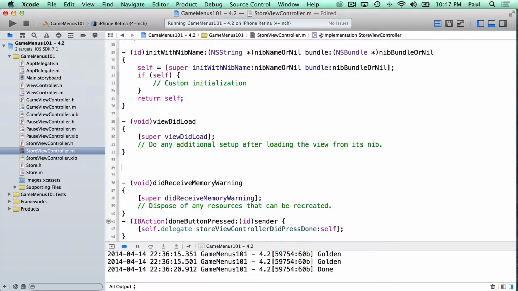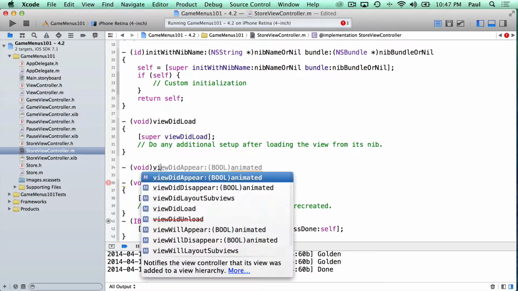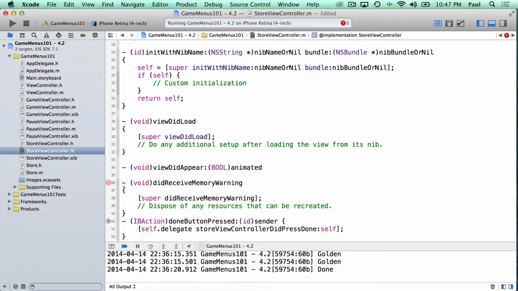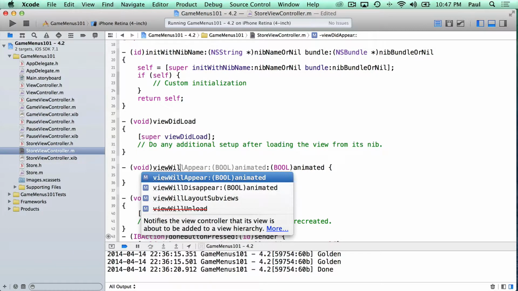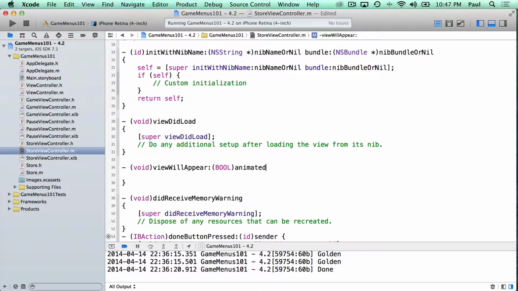And so up at the top, we're going to add a new method underneath viewDidLoad. It's going to be called void, and then viewDidAppear. And when this happens, we are going to update the values. And actually I want to do, I think, viewWillAppear. So I'll just tab complete and delete what we had here. Now it's important to call the super method, I believe. So if we get the documentation for this,